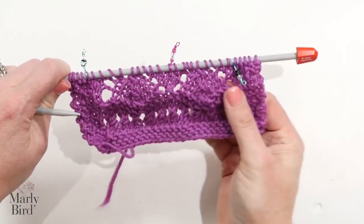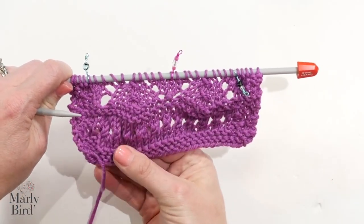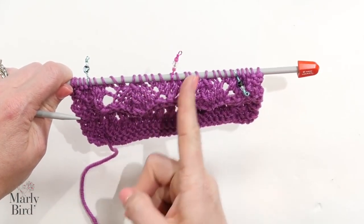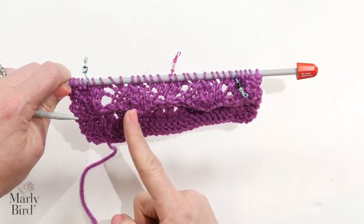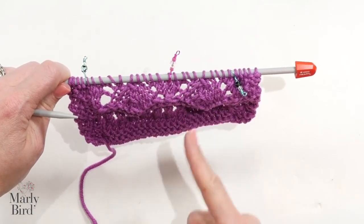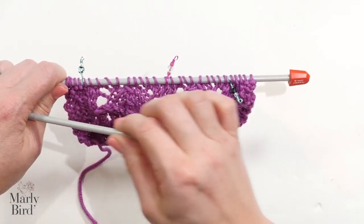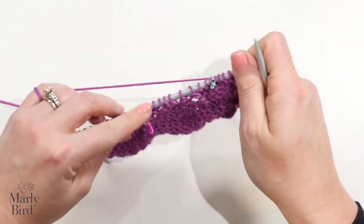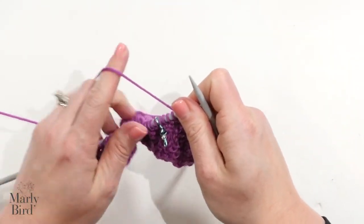And you can really begin to see how the lace stitches are starting to take shape here. See how the eyelets are all coming in and creating this nice triangle, and we have these center decreases going up there. We will go ahead and turn our work and follow along with the instructions for row 6, which